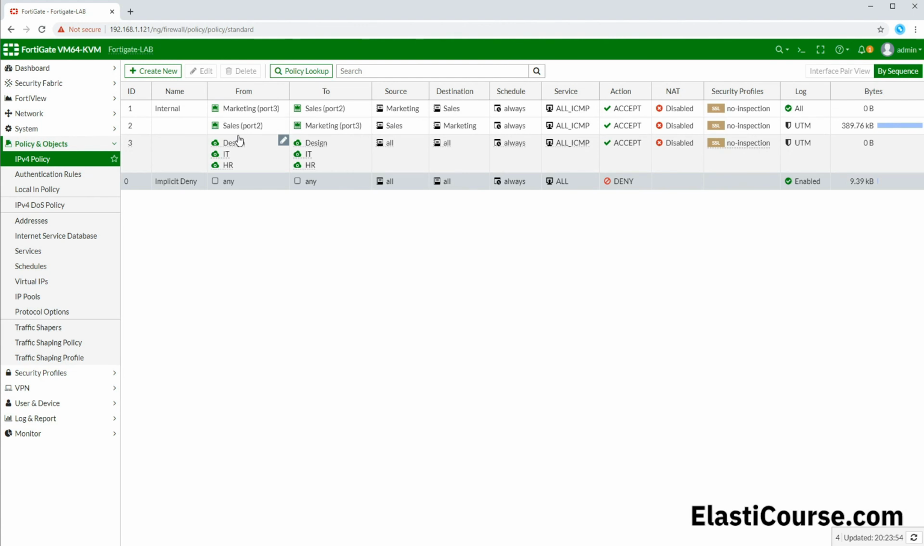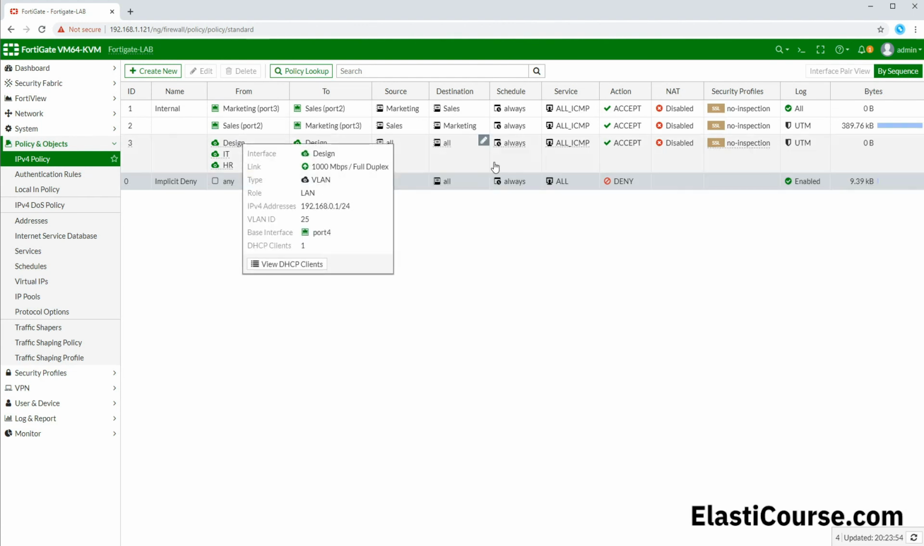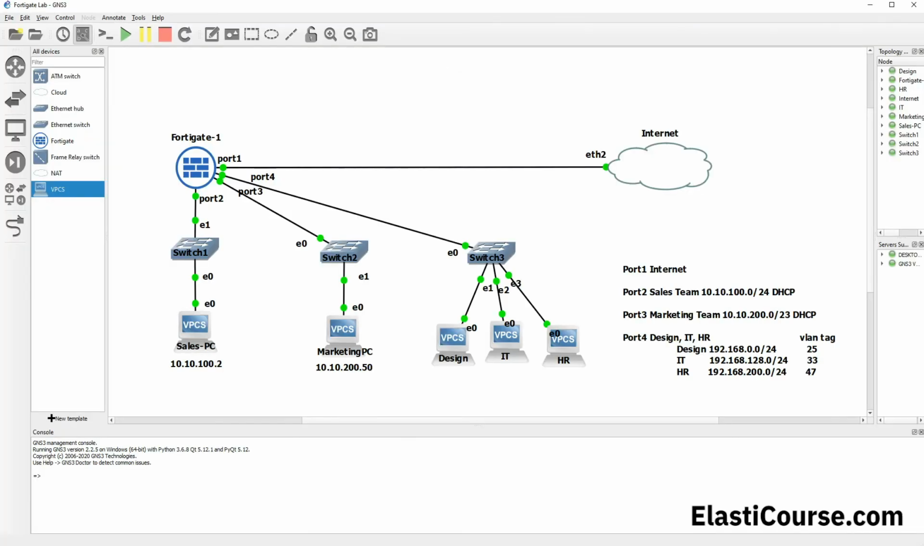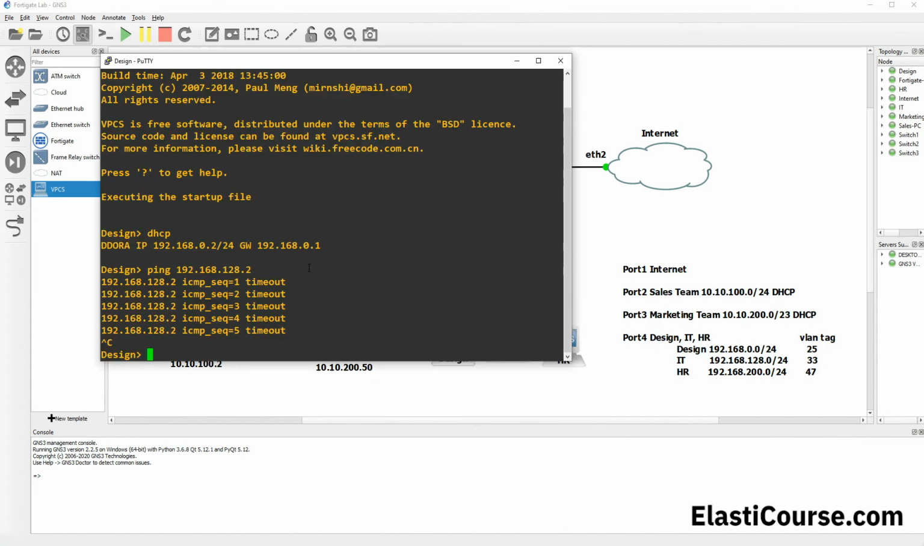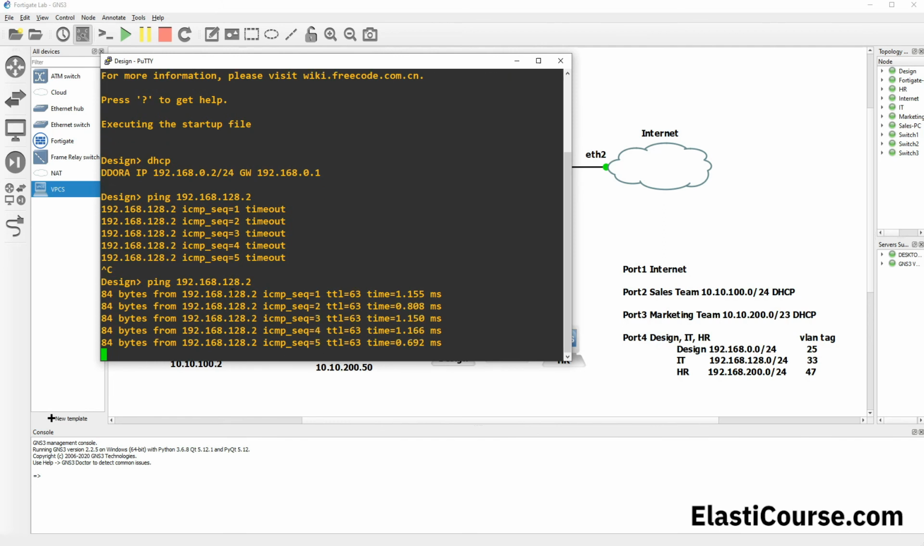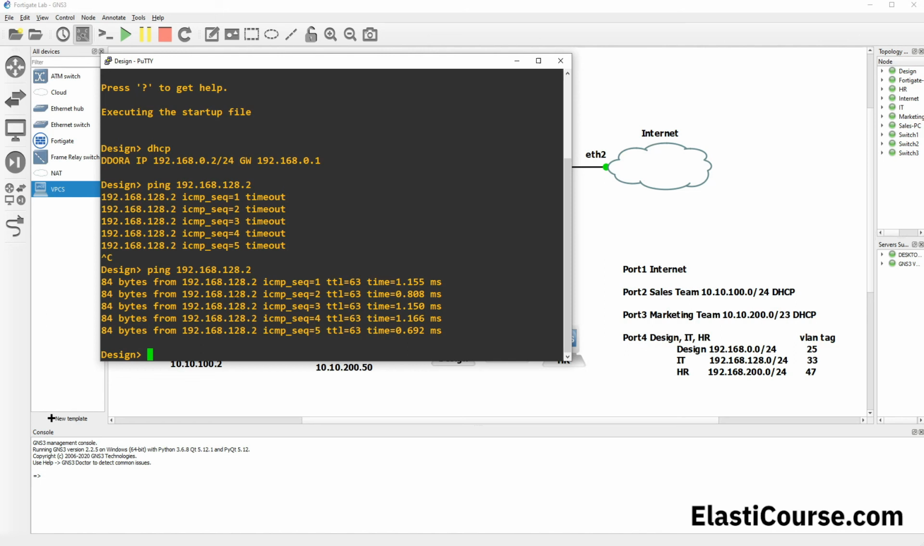So now we have our ping policy that will allow traffic to work between these different departments for ping. Let me go back to my CLI screen. And from design PC, I want to open my same command again, and I want to do a ping 192.168.128.2, and now I'm finally getting a response from the instance on the other side on a different VLAN. Now I want you to keep this running for a second,